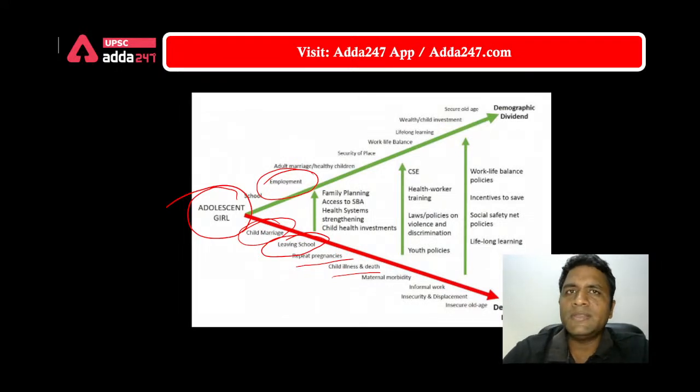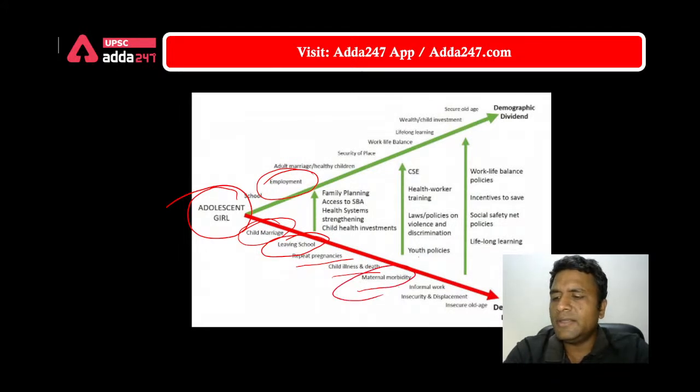So what will happen is there will be more chances of pregnancy. If you're underprepared for all these activities, there can be more illness. And also if you're underprepared, maybe the child which will come out of reproduction will also not be that healthy. Then you can have maternal morbidity, and after that